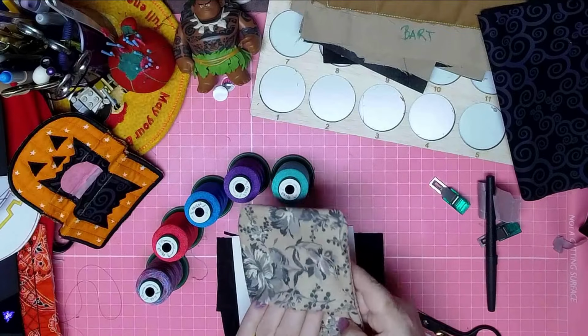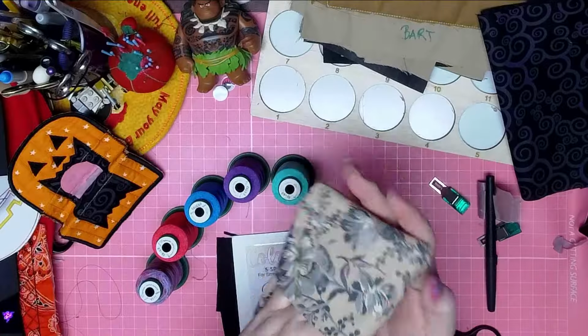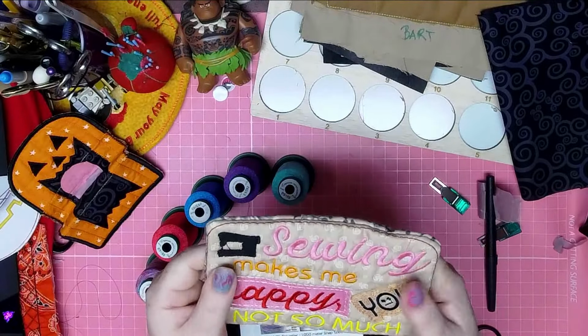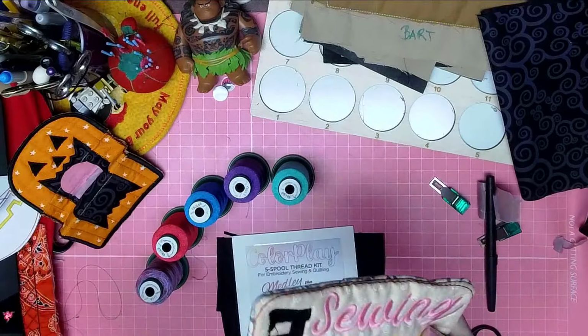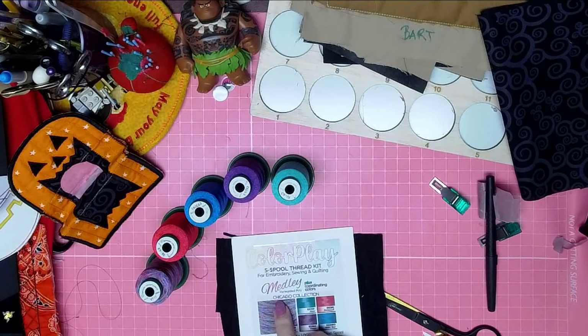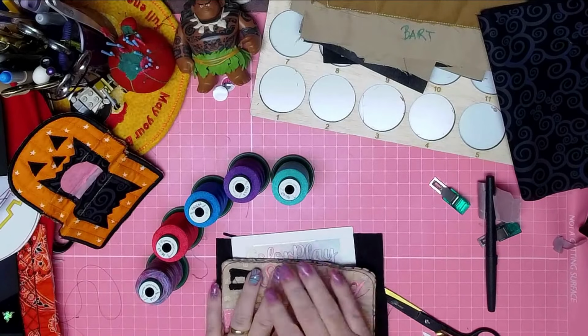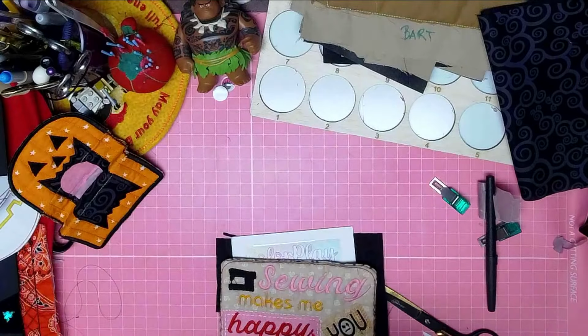So this one has the envelope backing, which makes it easy to do in one hooping, and when it's done, it's done. So I kind of like that. So let me bring my colors over. So this is the Chicago collection, by the way, if anyone's curious. So I'm going to move my threads over